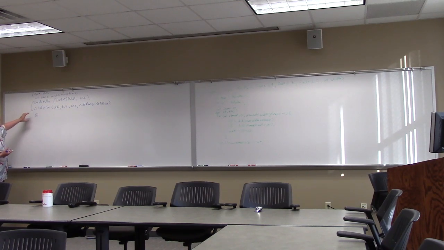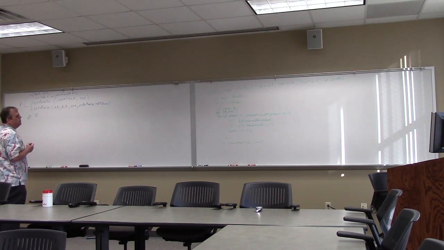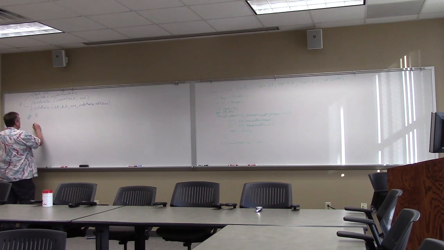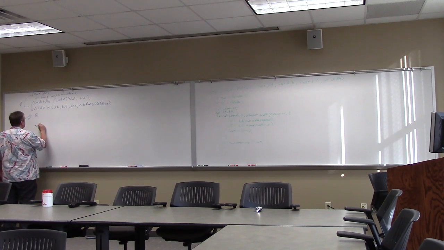So I would do that for A, and I would do that for B. Now I have to actually call the kernel. I've got to remember whatever I called this lovely thing, the matrix multiply K. All right, so I've got my matrix multiply K,